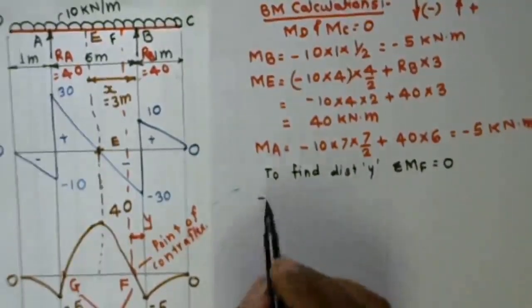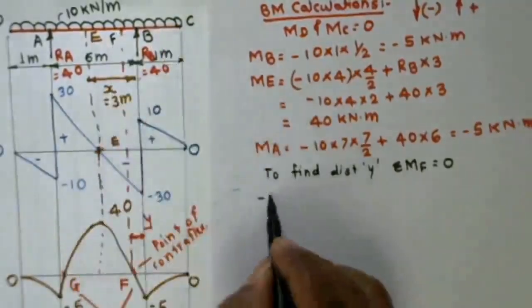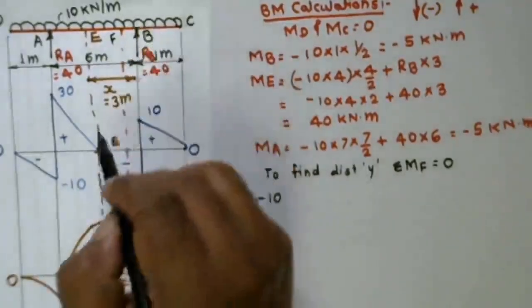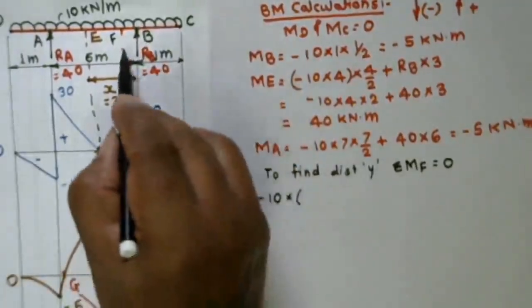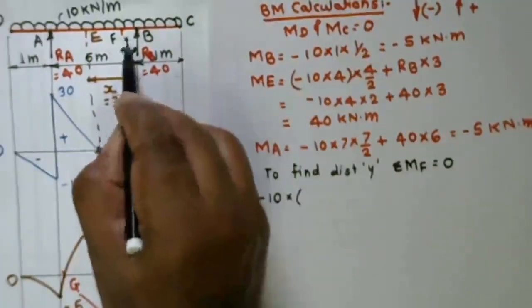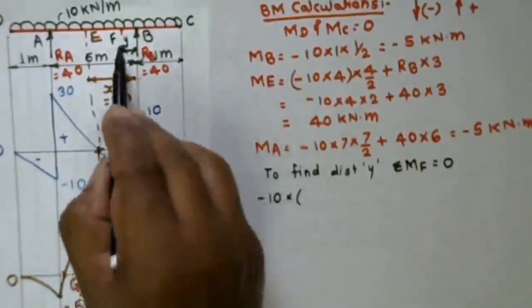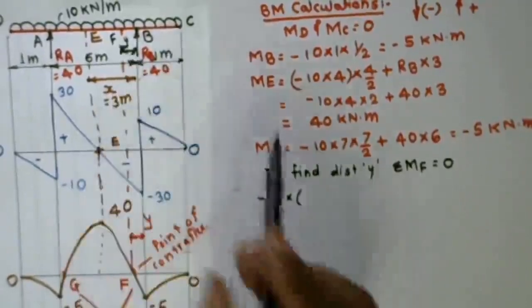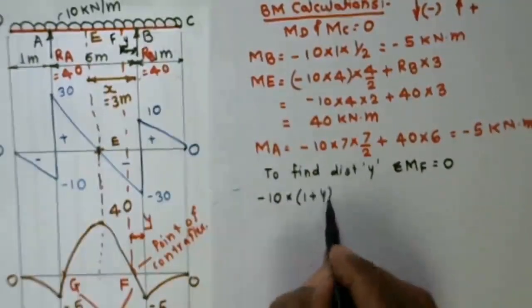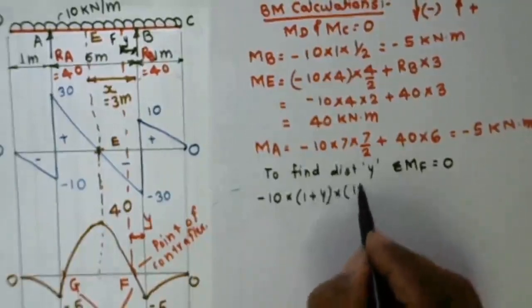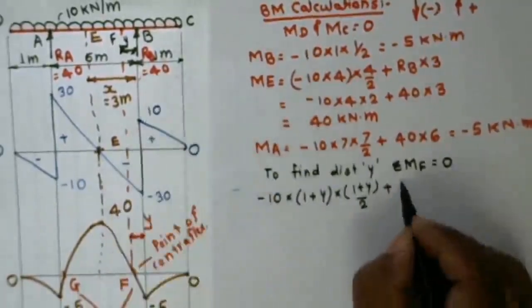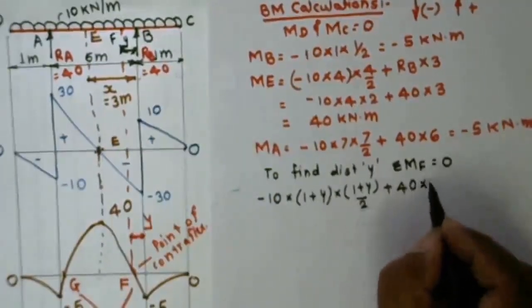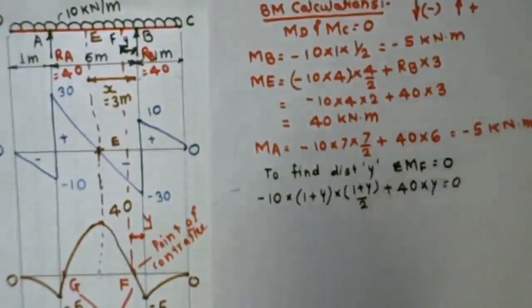So in this case, minus 10, because the moment is acting in clockwise direction, and its distance, this we consider as y. We have written in this diagram also y, here in the lower diagram y, plus 1. So 1 plus y, it is acting at its center, so (1 plus y) by 2, plus the moment due to this reaction RB, 40 into its distance y, is equal to 0. Solve this equation, you will get y is equal to